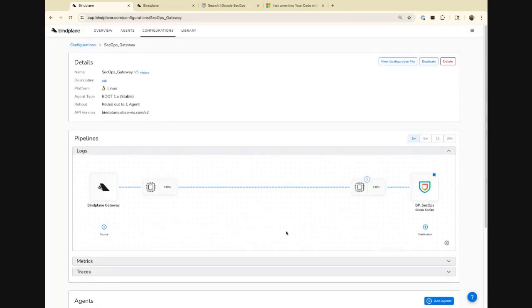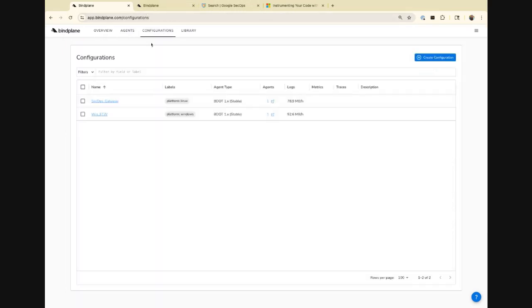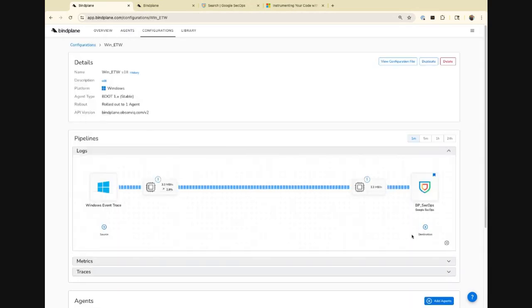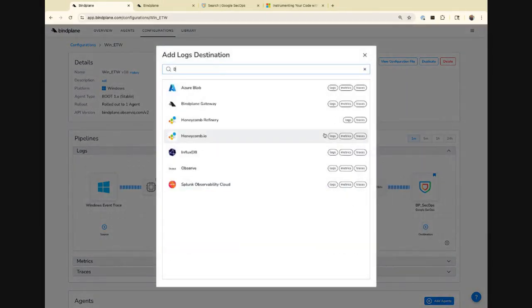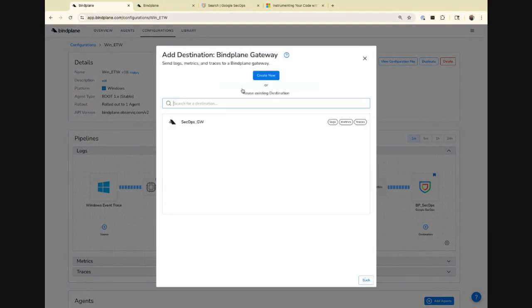All right, so this guy is up and running, but it's not getting any data, right? Nothing's sending any traffic to it. So let's change that. I hop back over to our first pipeline. I'm going to add a new destination. And I'm going to select Bindplane Gateway. Right, and similar to what Craig was showing, I've already got this pre-configured and saved in my library, so it's really easy for me to select and find. But I'll show you what the actual configuration looks like. So let me select that,